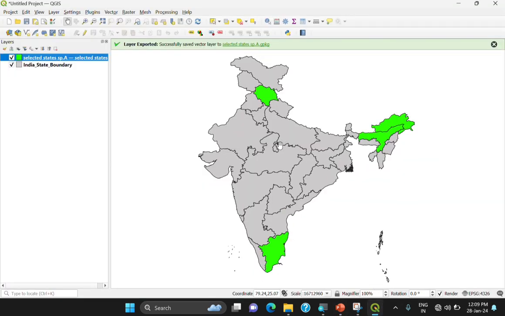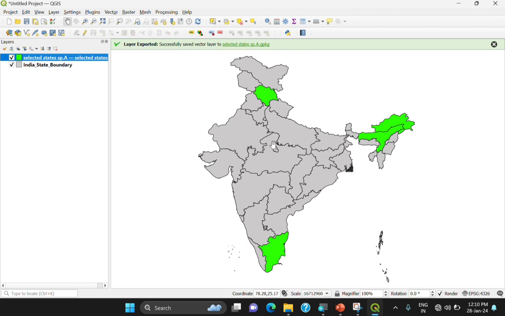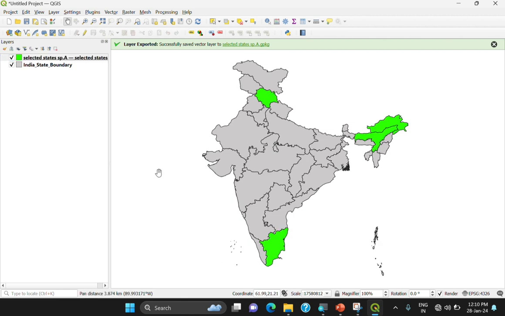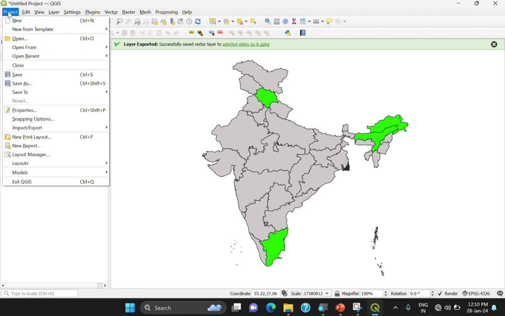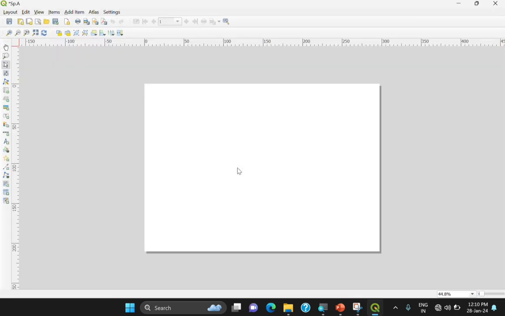Now to do that, you can zoom in or zoom out your map using the Control plus or minus button, or the Control and scroll wheel of your mouse. So now to make it into a standard format and to export it as an image or a PDF, we have to go to Project, then New Print Layout. Give it a name, let's say species A. Another new tab will open over here,